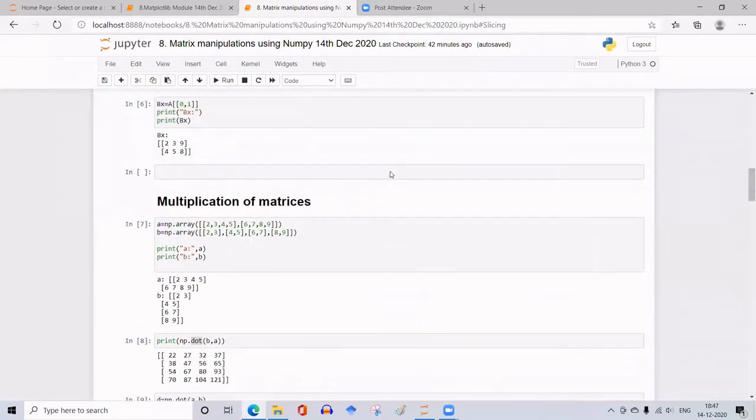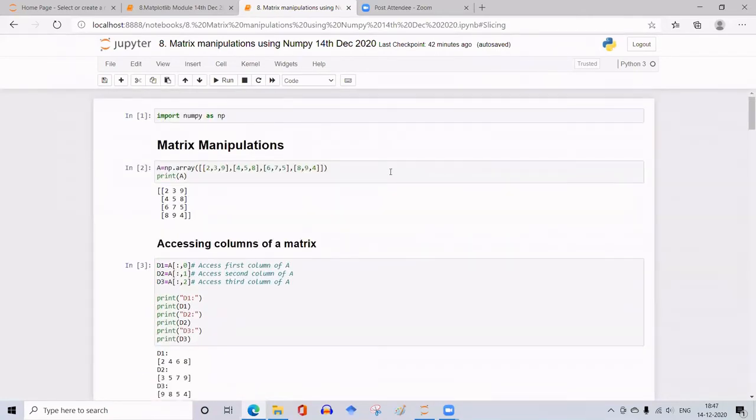NumPy, I think I have already sent the previous class notes. At the end of the notes, I have given a website URL where you can get the documentation for the NumPy module, where the functionality of NumPy is not limited to what I have explained here. It has still more capabilities. You can explore it, or as you start developing your own projects, you can refer to it and use many more functionalities that are available in the NumPy documentation, and you can develop yourself.